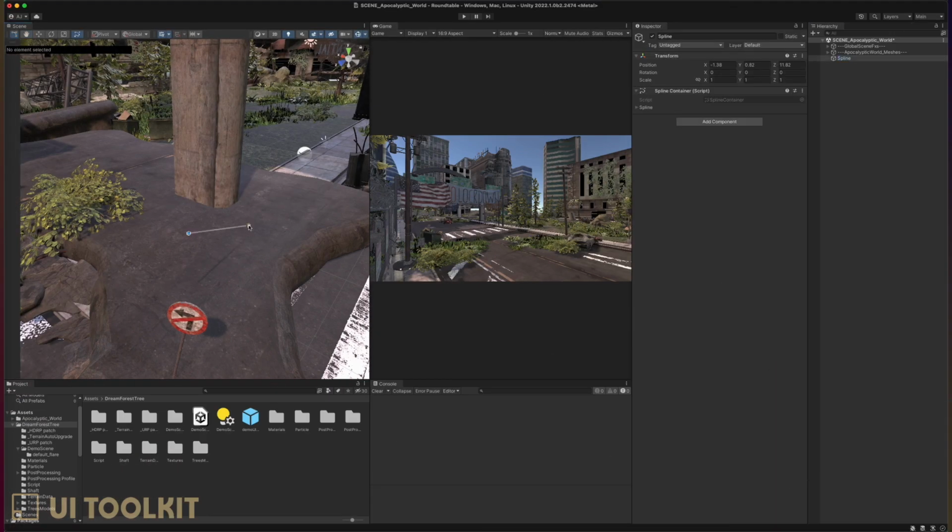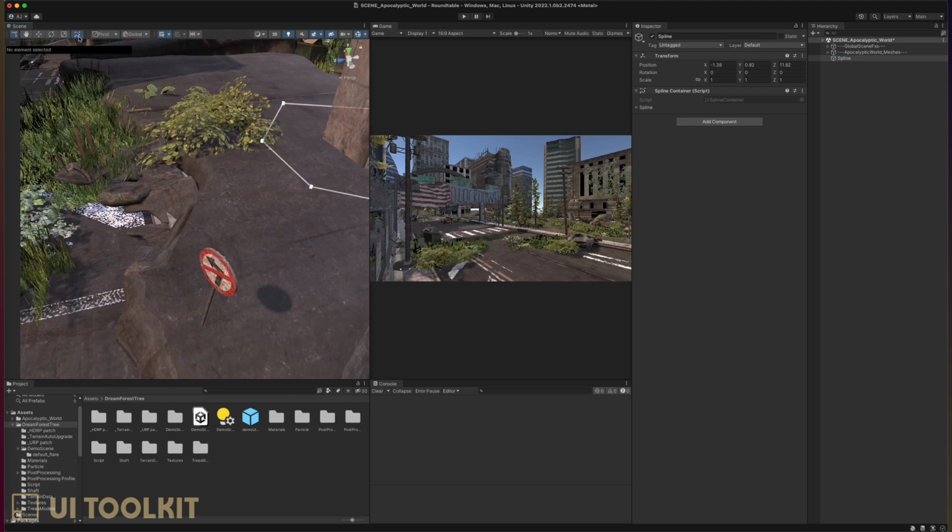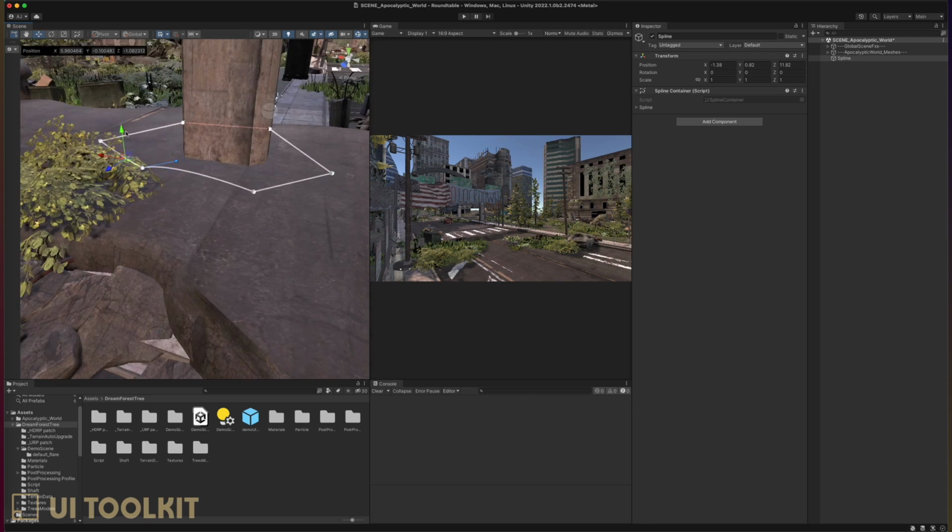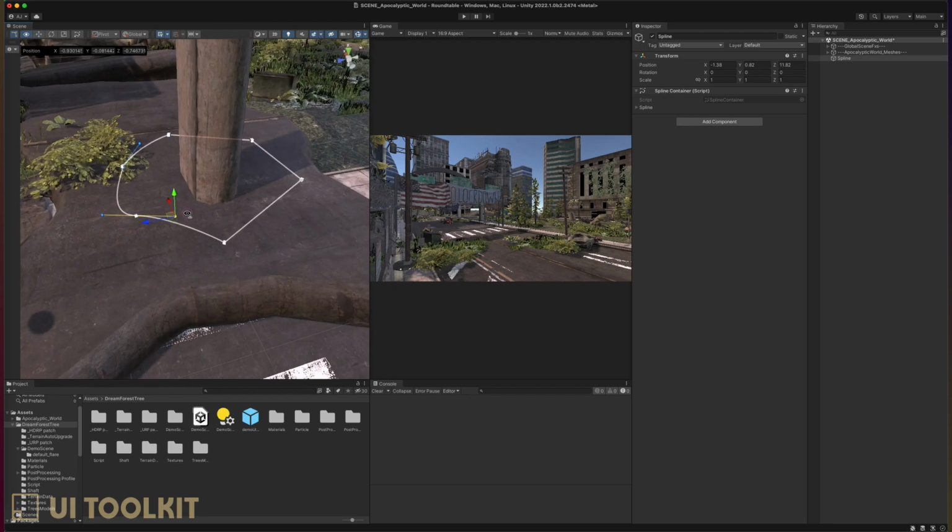If you plan on generating things like rivers or roads in your game, this might come in very handy. You can also use splines in Unity's new edit modes, which allow you to dive in and edit the spline points and tangents using the standard editing tools and shortcuts.